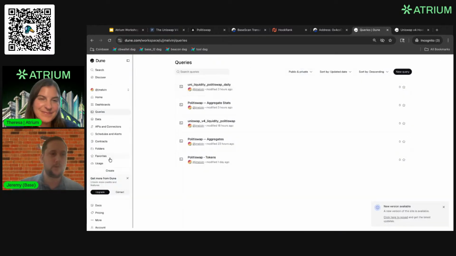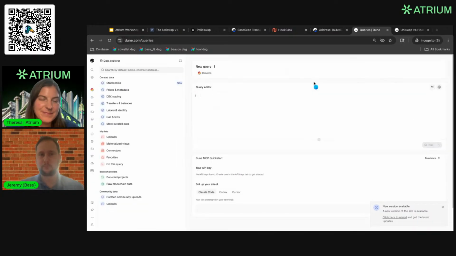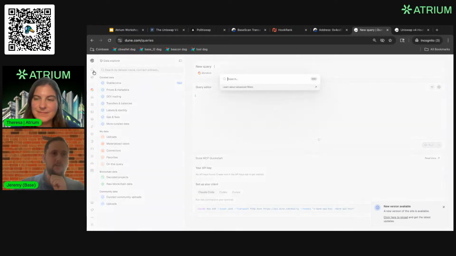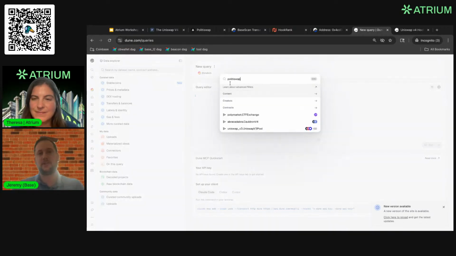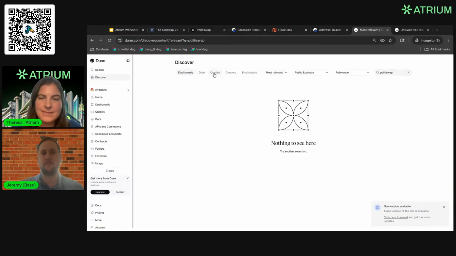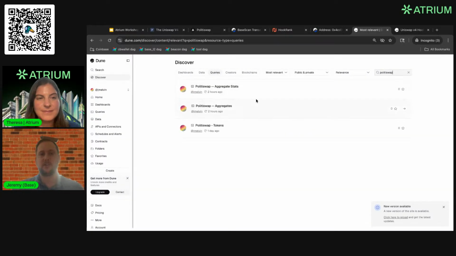So now that I have a feel for the protocol, I'll pull up Dune at this point, and I'll start exploring. I'm going to go ahead and create a new query. Or actually, even before I do that, for most protocols, I'm going to search Dune and see if there's anything related to PolitiSwap. And if we look at queries here, we're going to see that the only queries there are the ones that I created as I was prepping for this. So there was no